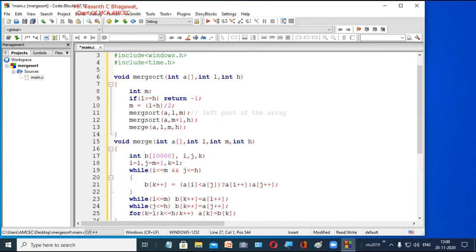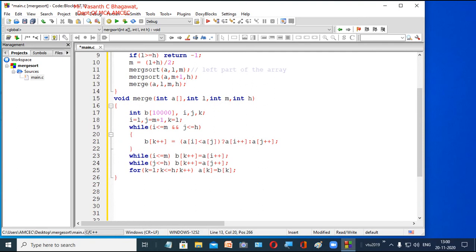So when you are talking of merge sort, we divide, get the mid pointer, then call the same function recursively two times. The first time is the left side, the second time is the right side, and the third time you call the function merge, which merges the elements. Here you declare a temporary array b.